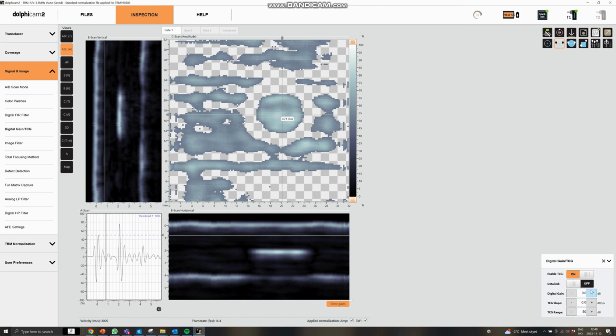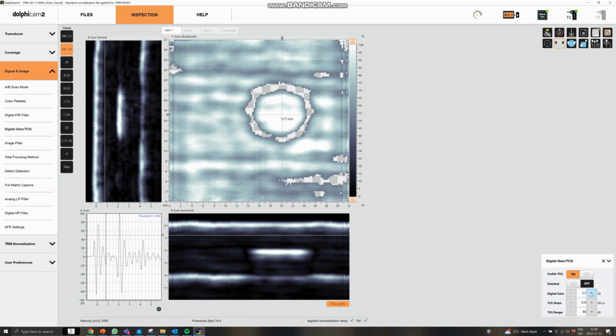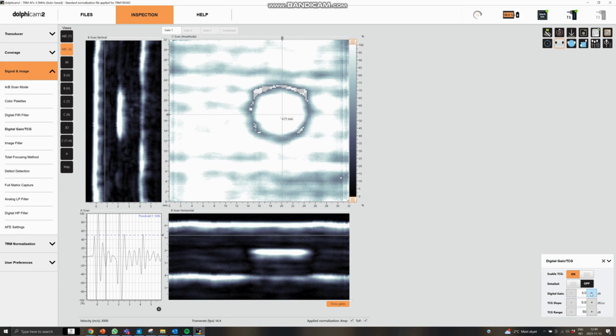But if I increase my digital gain until this area is very small, then I get a much more accurate measurement. So I can do here, for example. Now I got just a small area here, which is, these are all under 50%. They should be around 50%, same as here. Then you can draw this line from this area here to this area here. It's just 10.33. So that is a way of measuring what you want to measure,